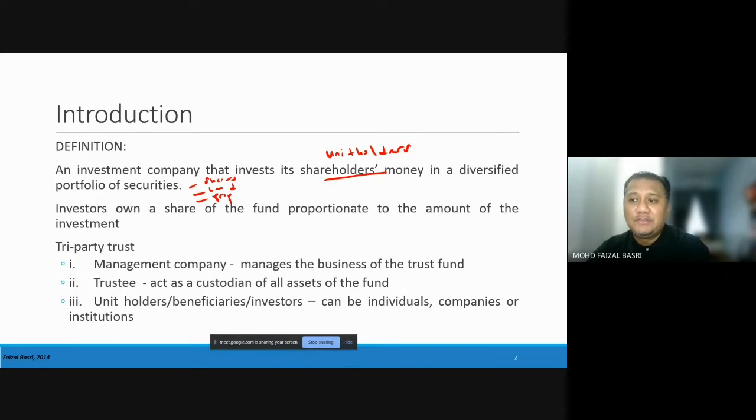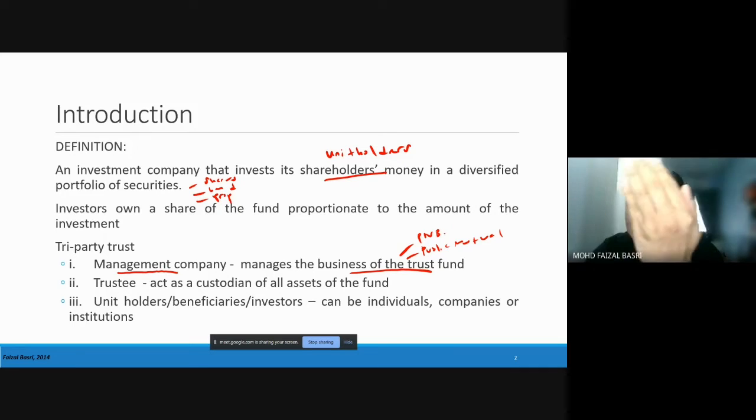And in unit trust, okay, ni favorite question related to unit trust, the tri-party trust. Maknanya dalam unit trust, in fact dia bukan unit trust, kebanyakan investment yang lain pun usually akan melibatkan three parties. Okay, first is the investment company ataupun the management company, those who manage the funds. Unit trust fund ni dia yang akan manage. Contoh-contoh company tadi, Public Mutual contohnya. PMB ni pun dia ada anak syarikat dia, ASMB contohnya. So those are management companies, who manage the funds that they created.